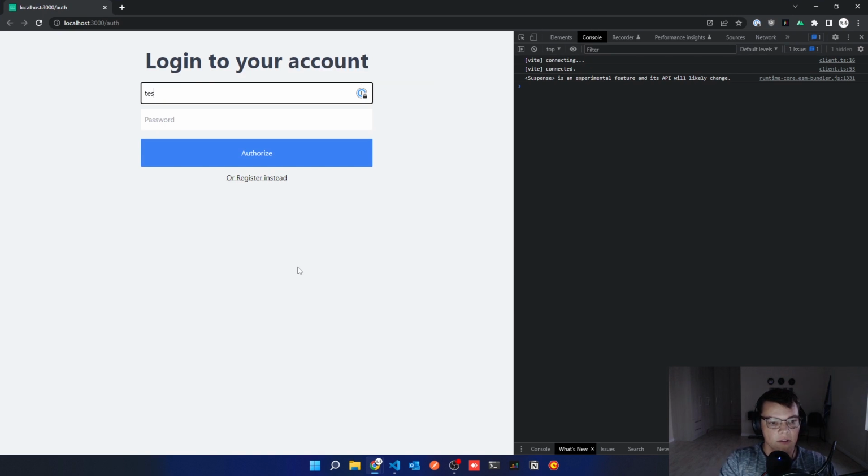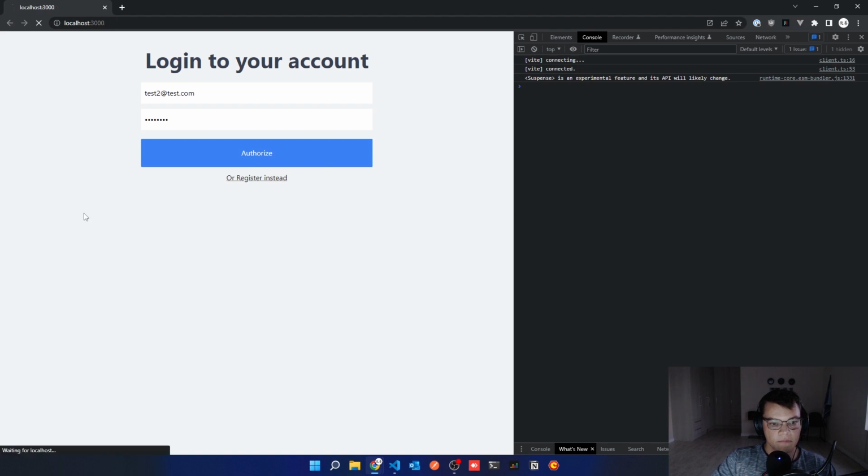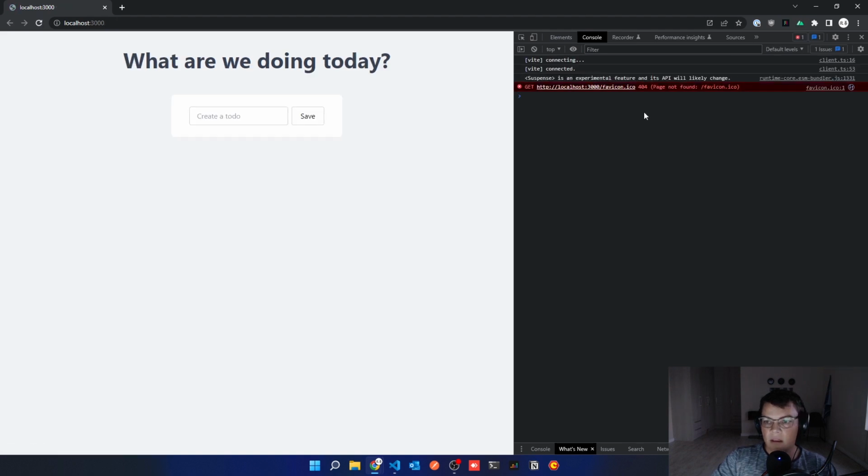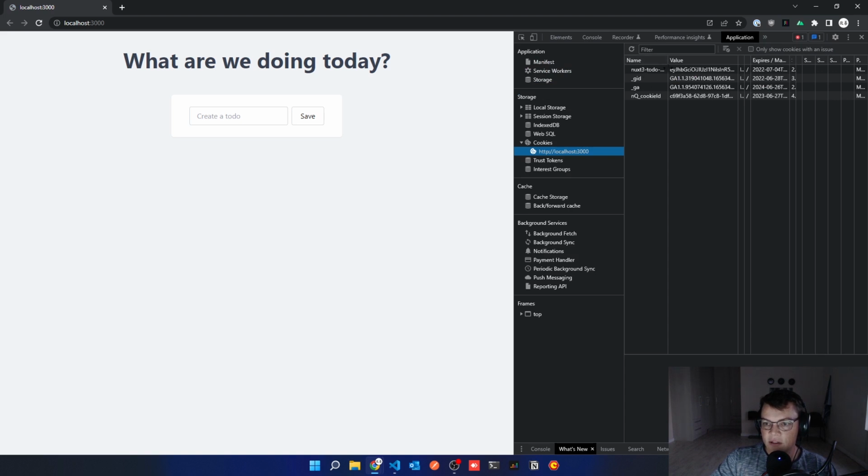So we've created this account test2@test.com with password, and if we authorize, then we should be redirected. And there we go. So if we look at the application, we have this Nuxt3 to do cookie set, which is great. So now it's checking that cookie, but now we also need to have a way to check on